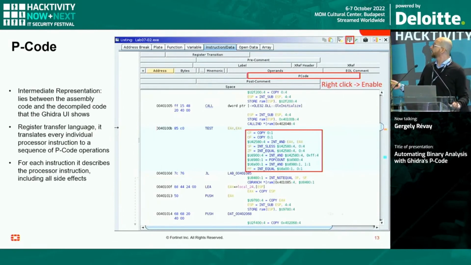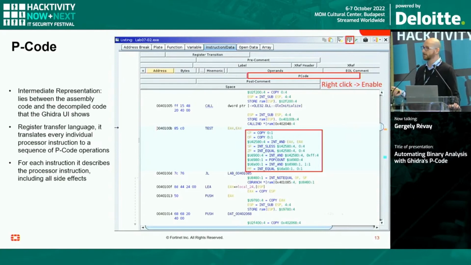You can enable showing the P-Code in the Ghidra UI. Just not left-click here, because that would be too easy; you need to right-click and enable. It's totally trivial. Here you can see one assembly instruction, and this is the equivalent set of